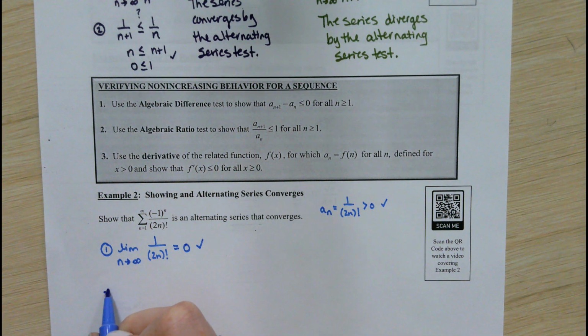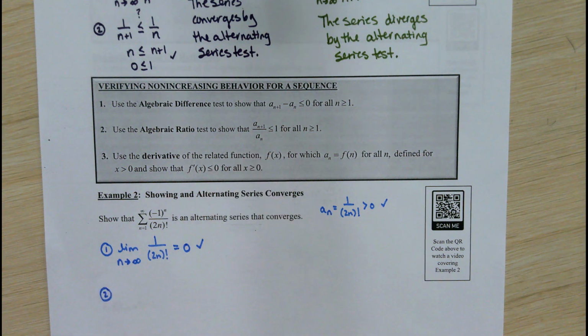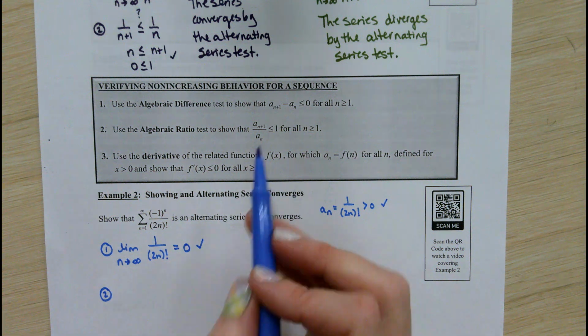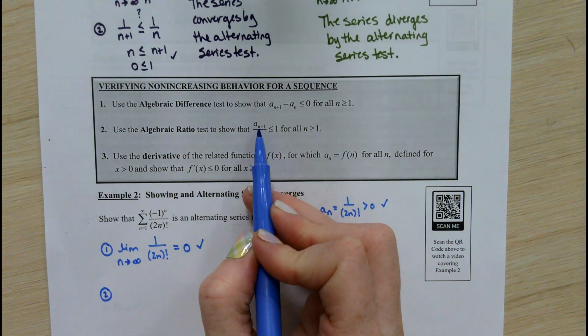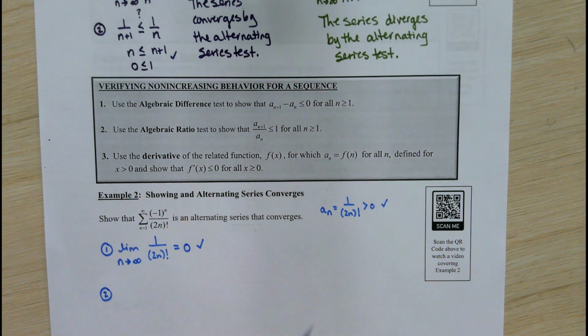The second portion of the test, remember, has us compare the n plus 1 term to the nth term. This is going to get a little bit messy. I'm actually going to use the ratio test just to show you another way of approaching it. So I'm going to think about what the term would be when we plug in n plus 1 for all of the n's, but again with the alternating piece gone. That's going to look like 1 over